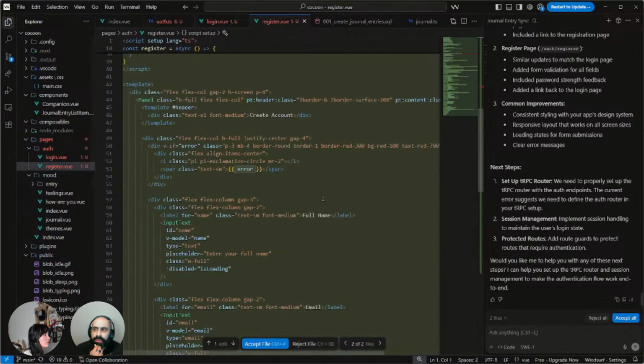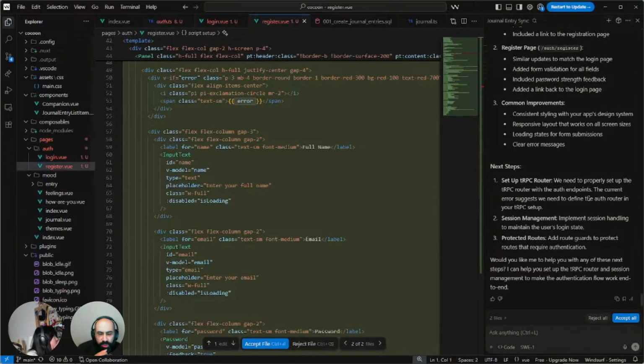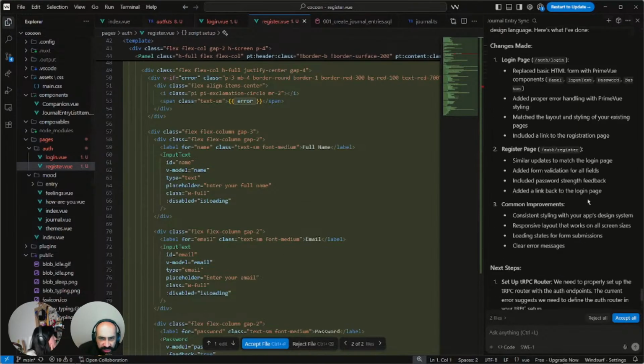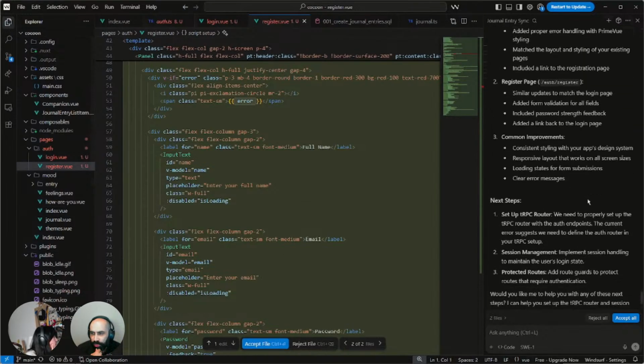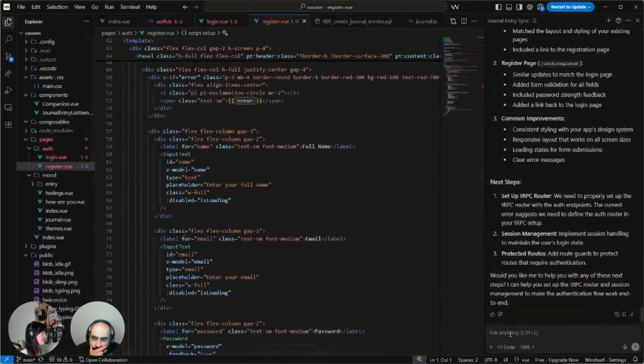The weird part is it already did the tRPC setup, but now it looks like it thinks it hasn't. Is your Windsurf having a bad day? That's what it looks like to me. I don't know. Yeah, ask it to go ahead and do it. Let's just encourage it, because ultimately we want an end-to-end working thing. Yeah, go ahead.